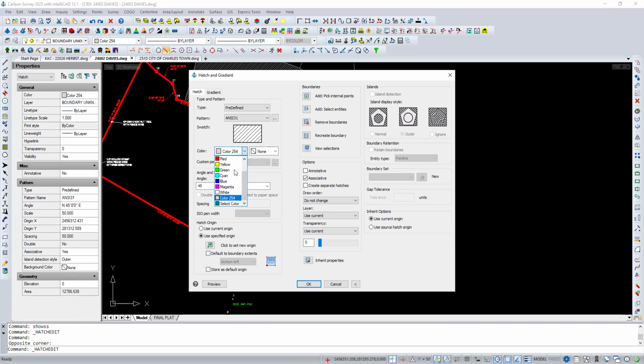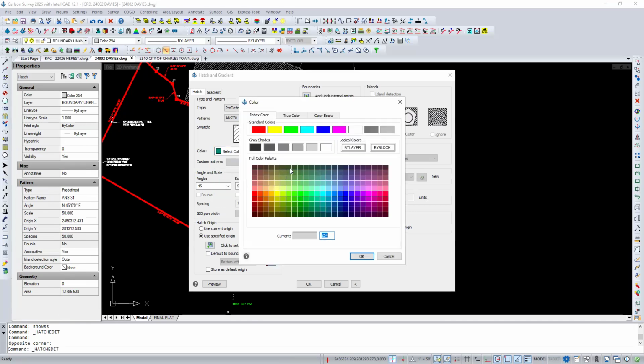Go down and choose select color. And see, 254 is like the lightest you could be. I would go to the left and maybe try that one. What is that, 252 or 1? I think that's 2. If you click it, yeah, 252. Say okay,